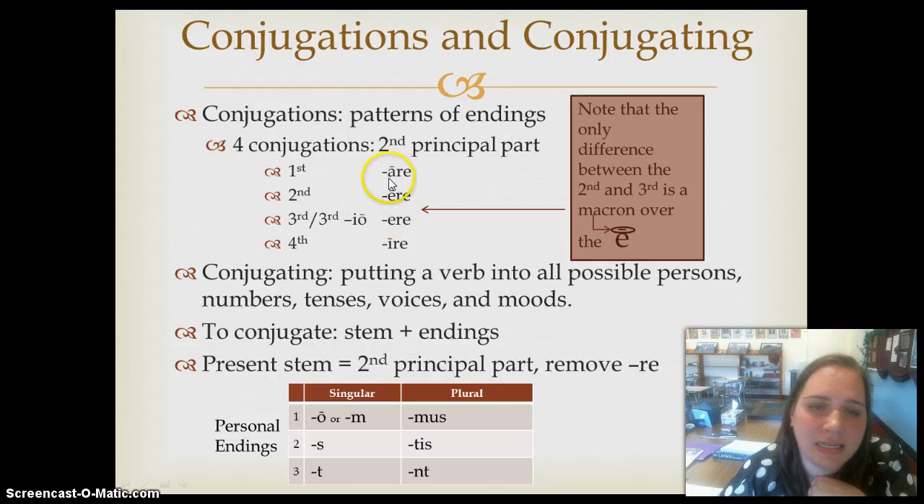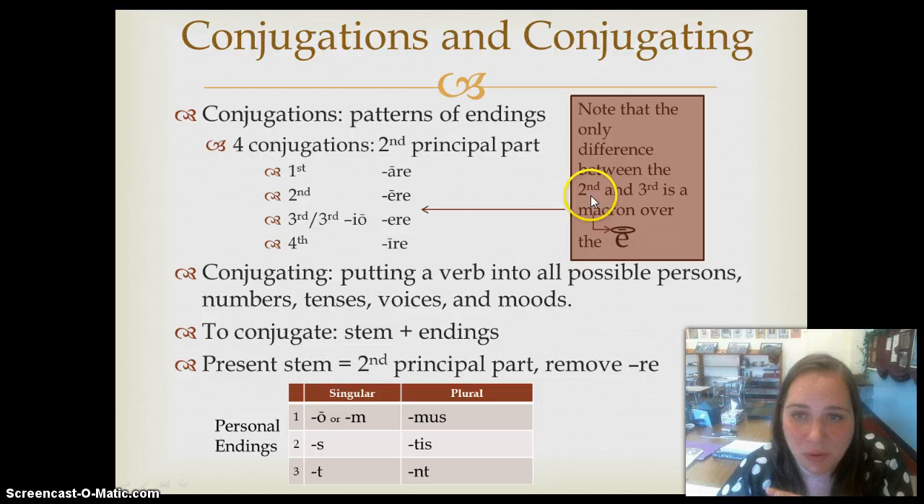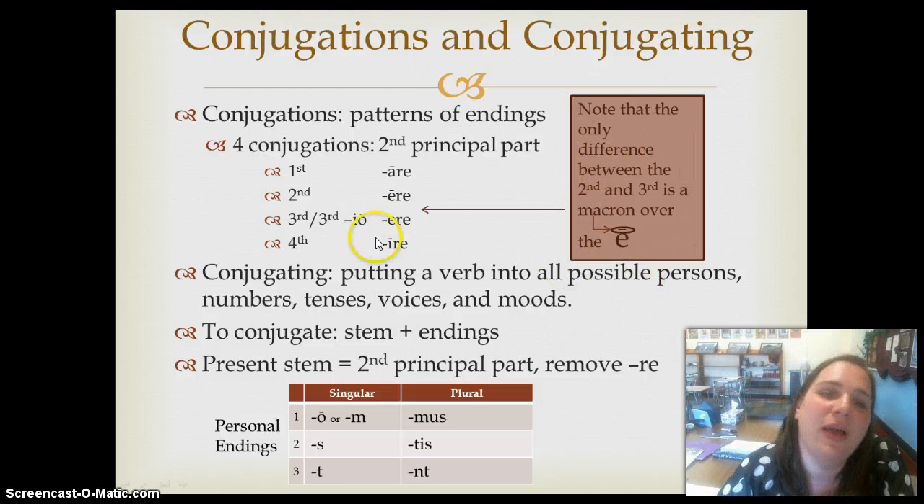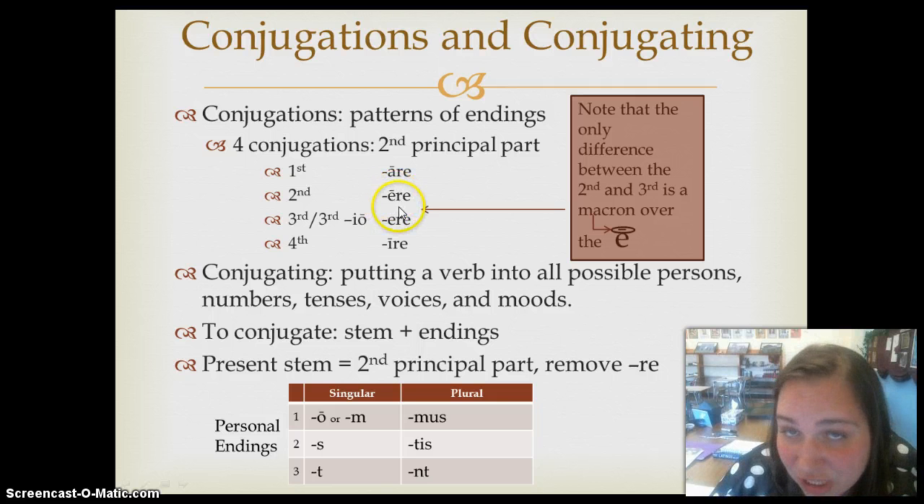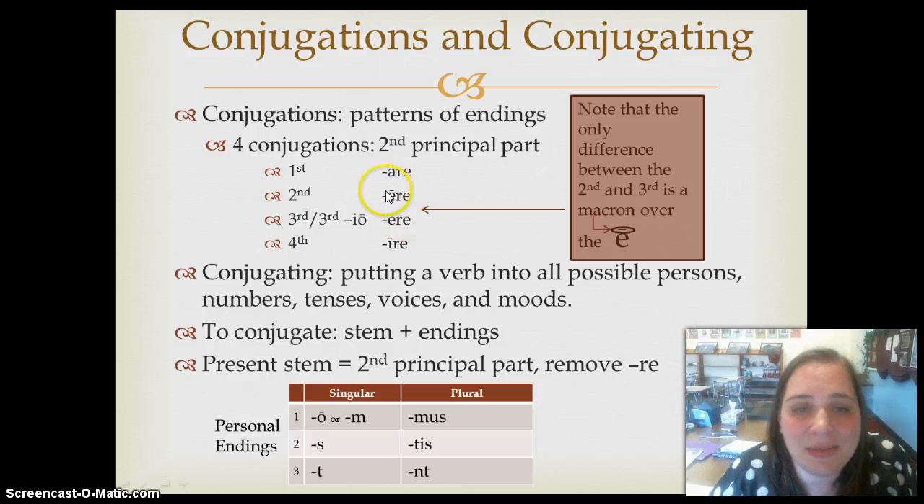If its second principal part ends in an ARE, it's first conjugation. ERE with the macron is second conjugation. Third or third IO is second principal part ERE without the macron. Fourth conjugation is IRE. Okay, notice, and I have this nice little box here to remind you, that the only difference between identifying a second conjugation and a third conjugation verb is the macron that's over the E. So that's a very important macron over the E in the second principal part of a second conjugation